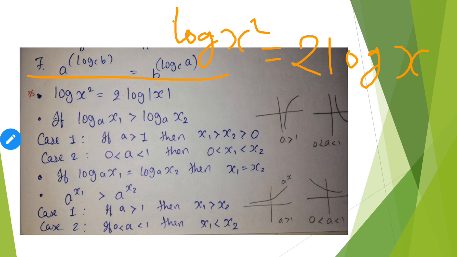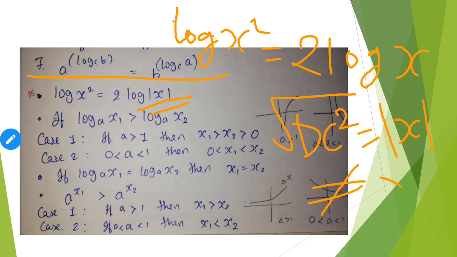But whenever it is log of x square, take care, the modulus sign will come, because as we have seen earlier, root of x square is equal to mod x, not x. We have to keep this in mind, because we know that minus 1 square is also equal to 1, and 1 square is also equal to 1. This is a very important thing. Always keep in mind